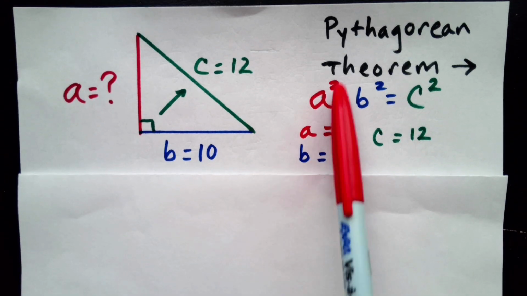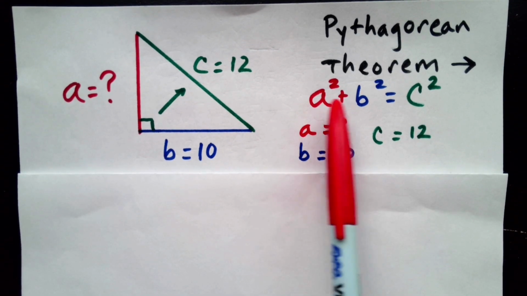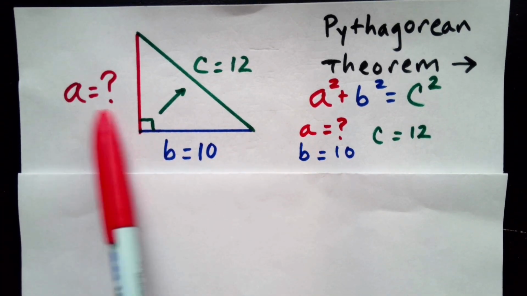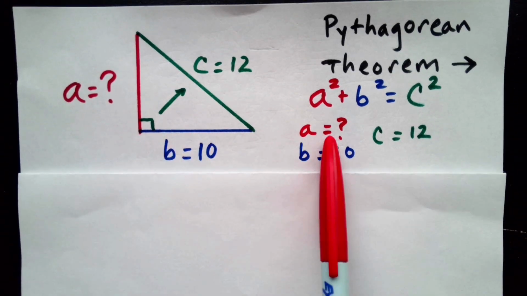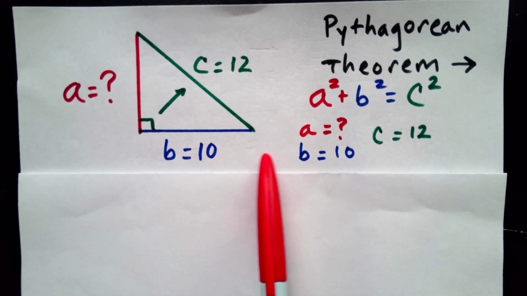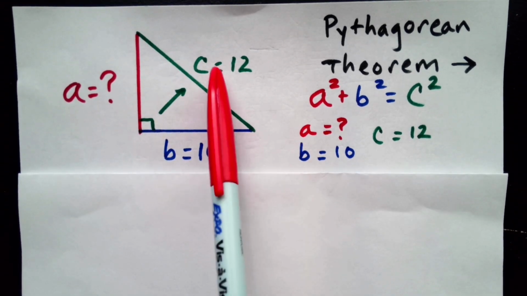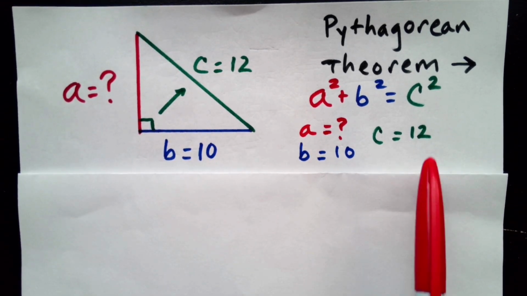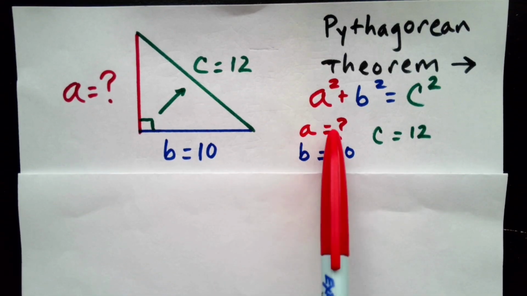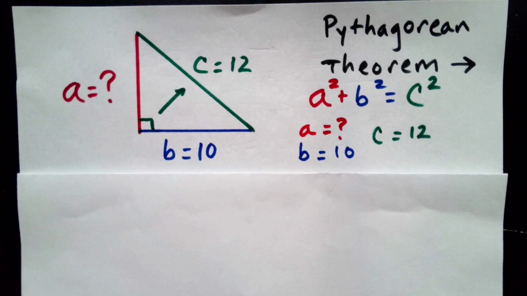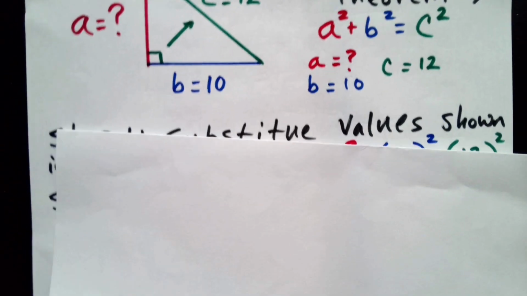All right, so let's take a look. Again, here is the formula: A squared plus B squared equals C squared, right? We don't know the leg value of A, so we're just going to put a question mark. The leg value here of B is 10, and the hypotenuse, as you can see here, C equals 12. What we're going to do is just substitute the values given into the formula, and step by step, we're going to solve